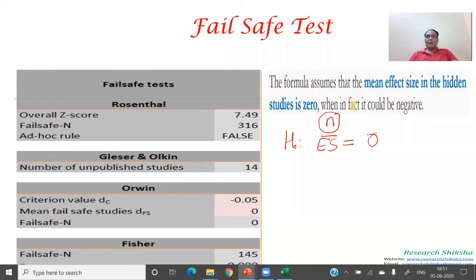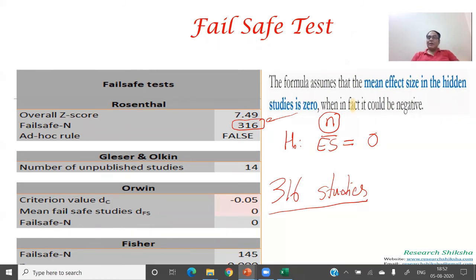So in this case, this is the result of my data set, which I shared with you. The answer you can see is 316. So 316 studies you require to nullify your result. So if this number is very high, better it is. Higher this number,